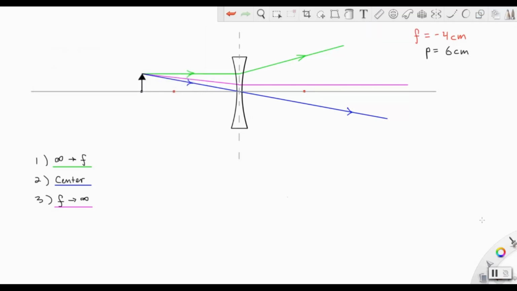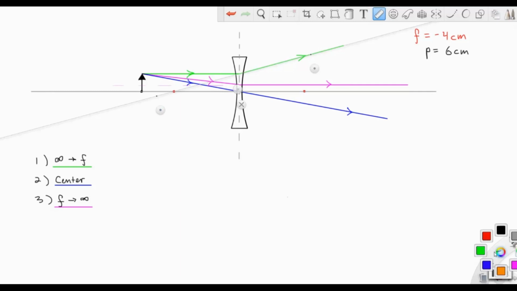So, indicate direction. Now, thinking in terms of what we did with the last lens, we can see that the rays appear to be coming from a different direction than they're actually coming from. So we've got this sort of trickster system going on again. If we trace this back, then the direction this one appears to be coming from looks like that. If we trace the green ray back,